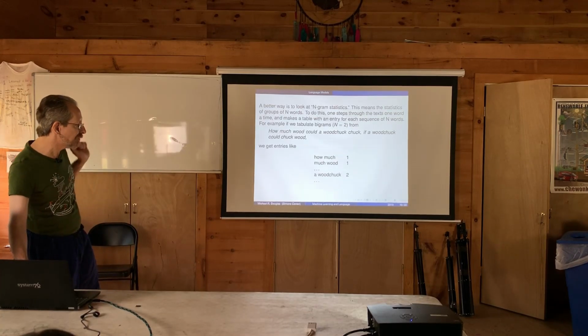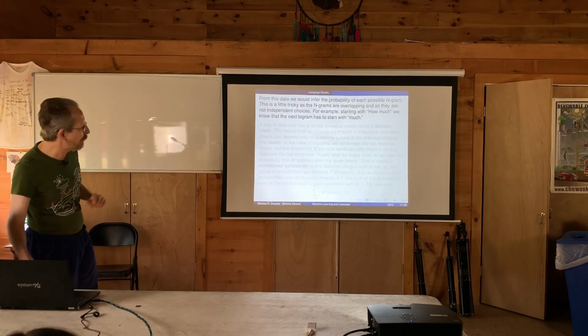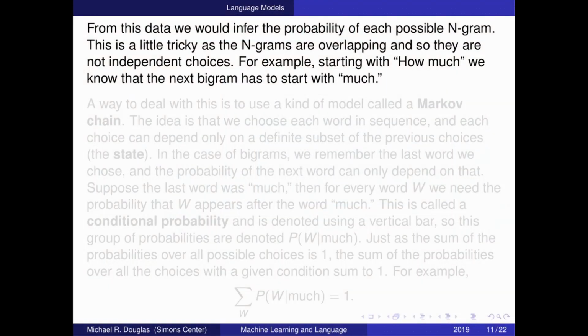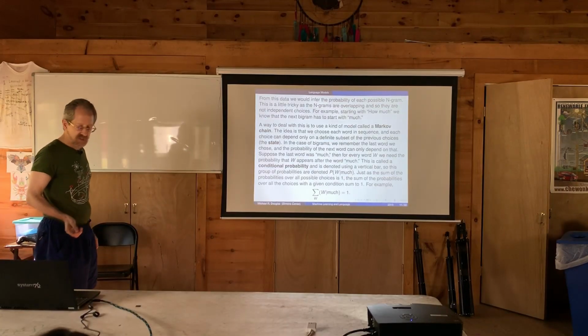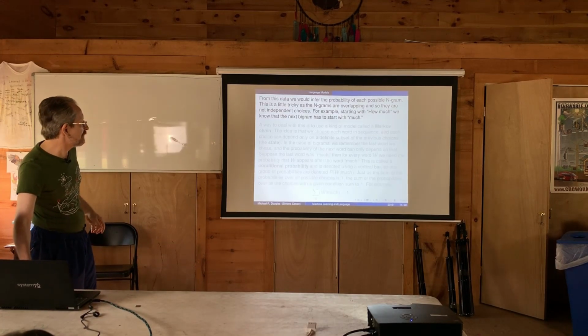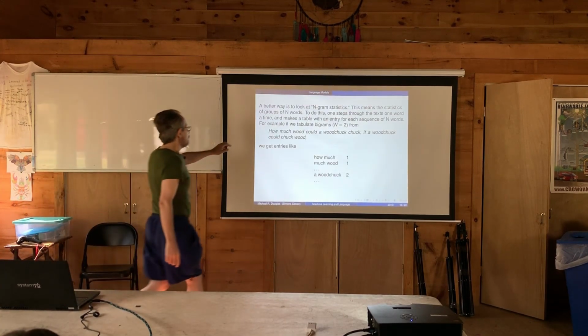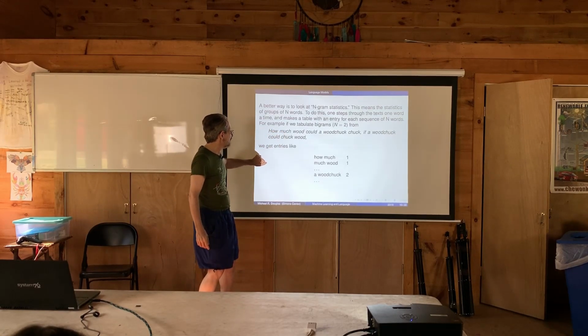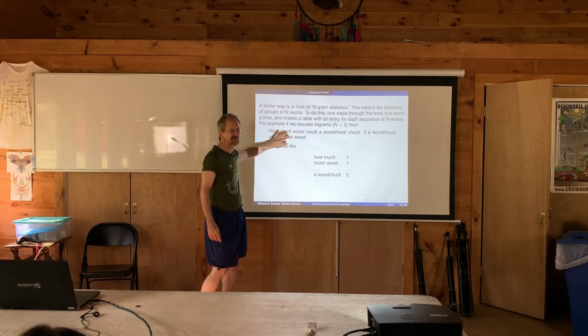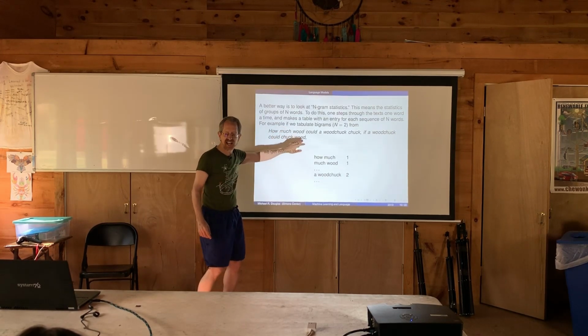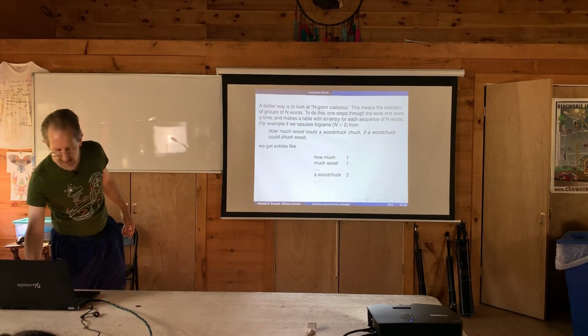Okay, so there is a solution to that, and this is maybe one of the useful things, if you haven't already seen it, you will get from this lecture, which is that there's a very general solution that people use all the time in all these things called a Markov chain. And what the Markov chain does, to be a little bit more systematic, in this case it's kind of obvious: since we've already picked how much at this point, we know the next bigram has to start with much. We're going to just focus on the ones that start with much and look at the probabilities of what's the next word given that the first word is much.